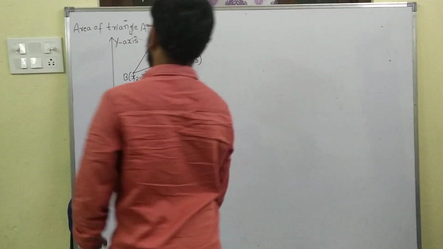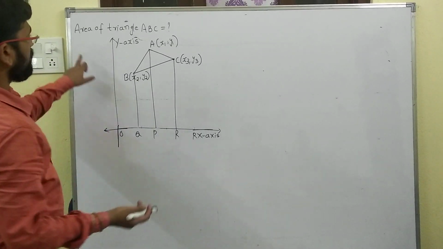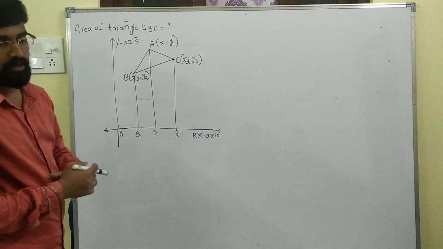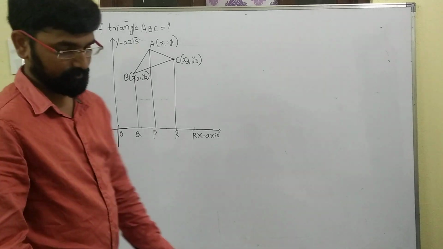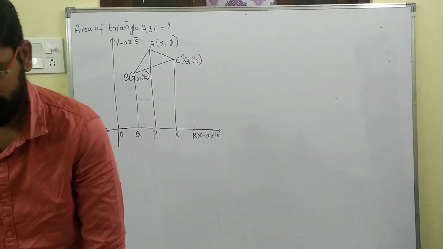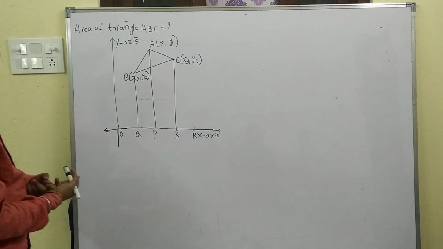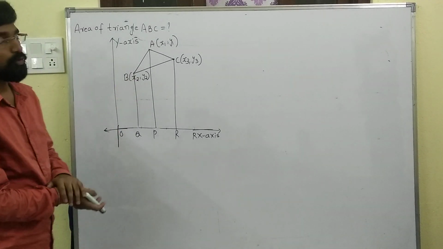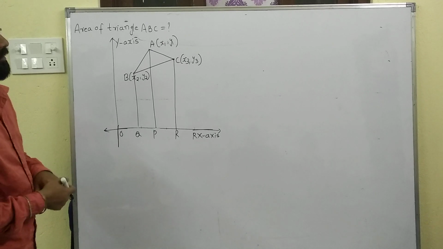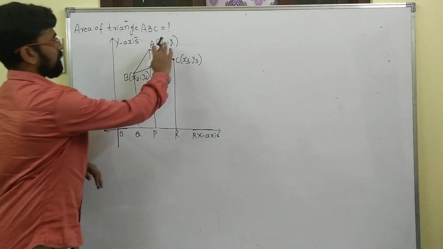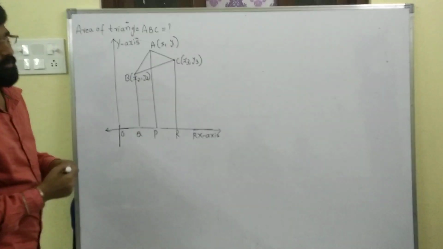So now we are going for the area of a triangle. We know about Heron's formula, but when they are given like this, how do we find it? In this group, we need to derive a formula for this.